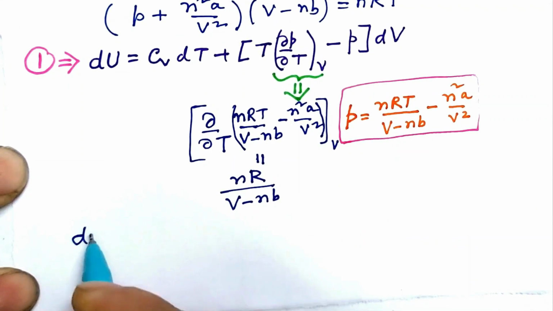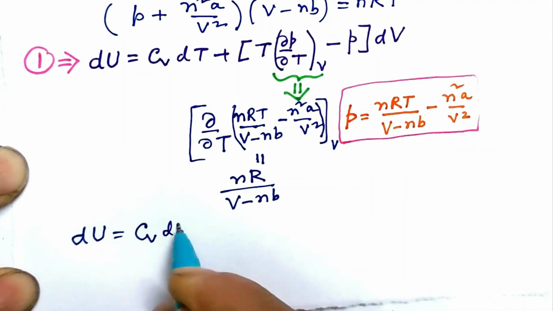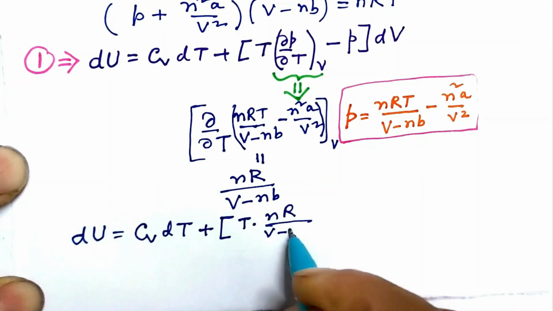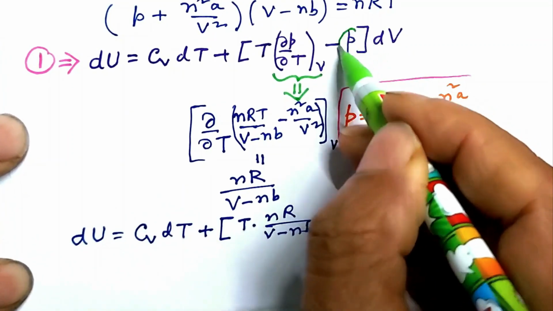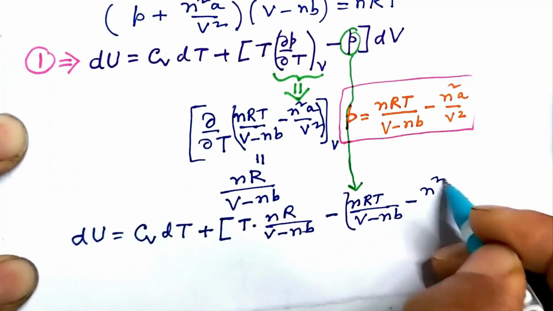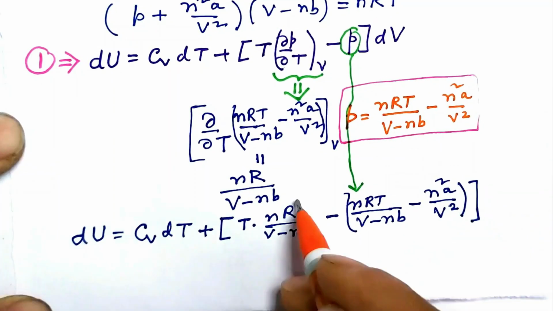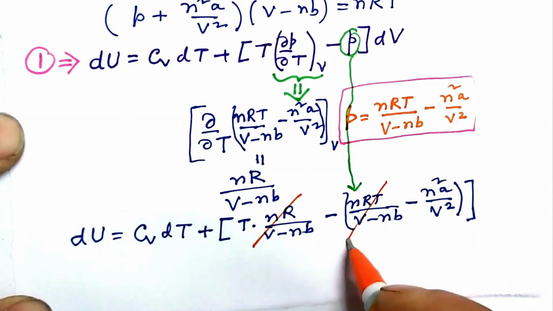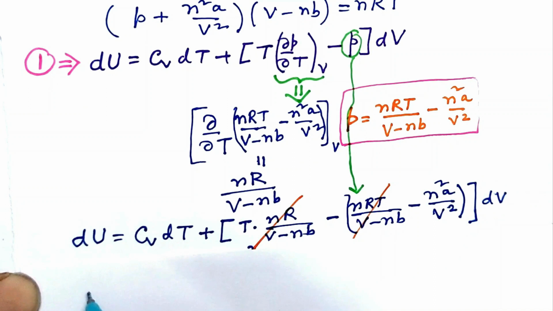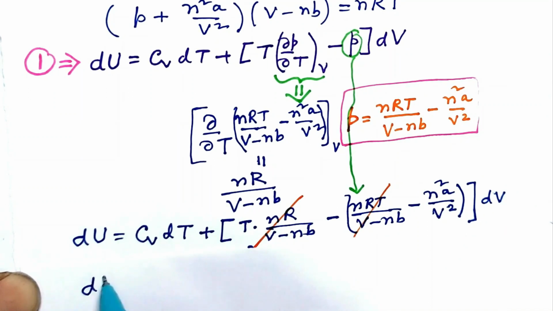So let us rewrite du. It is Cv dt plus this is the derivative that we got, and instead of P let us write as we got from the equation of state. Clearly they cancel out. Here we should have dV and let us insert it thus. So du is